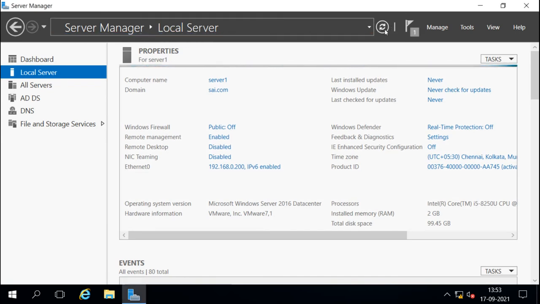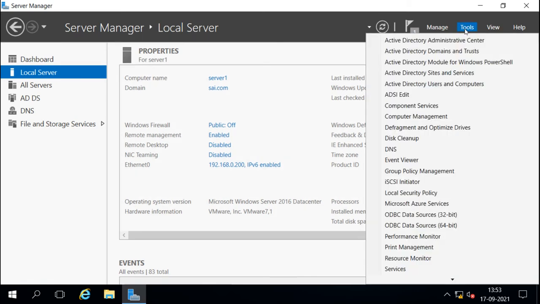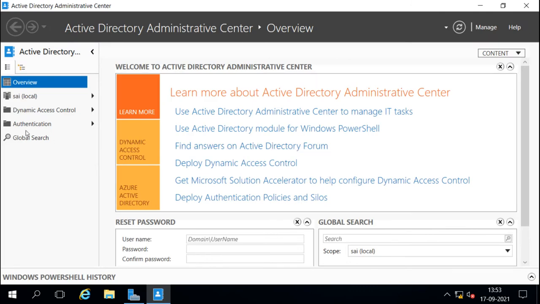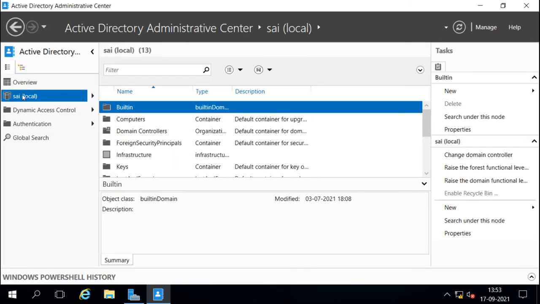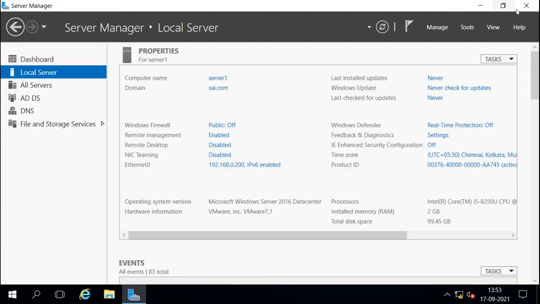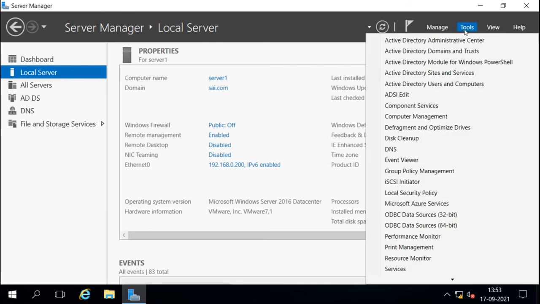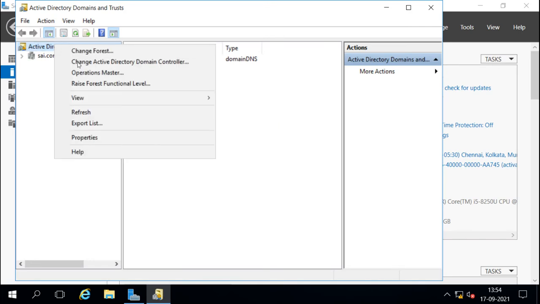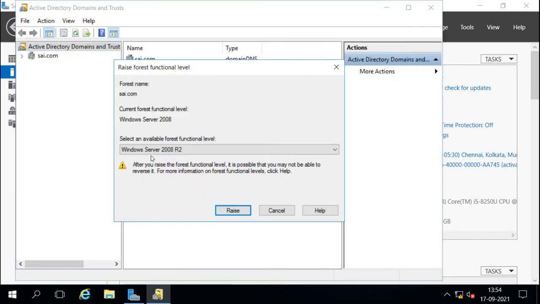And then let's try Active Directory Administrative Center again. Let us check, is it raised or not? It has not raised. You can see it was not raised. So I will raise it now.